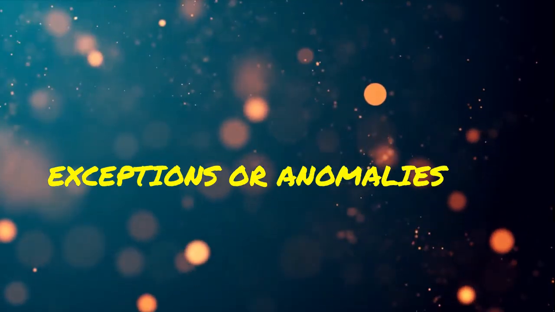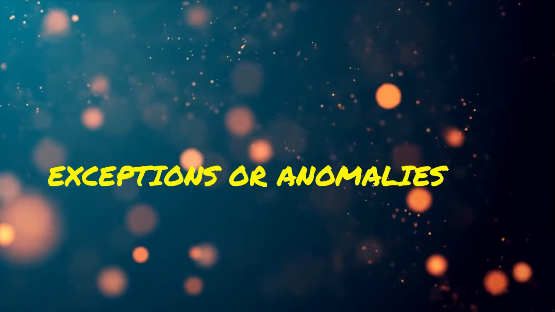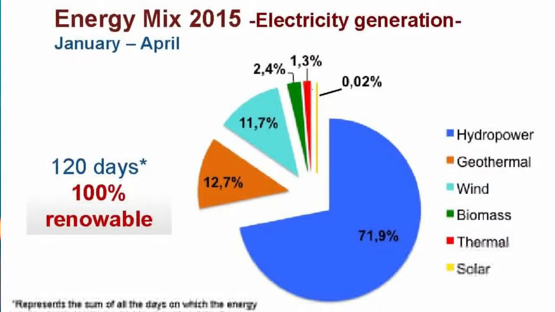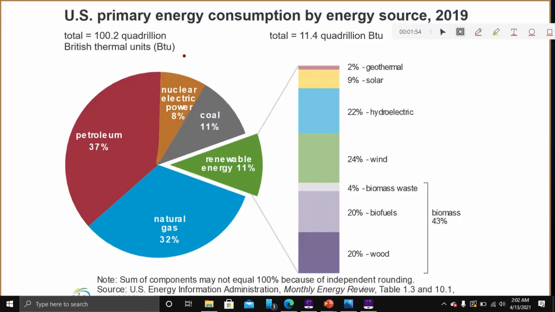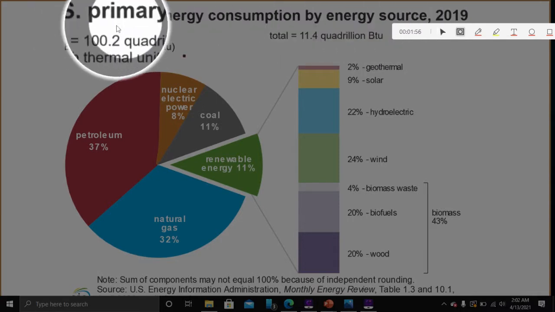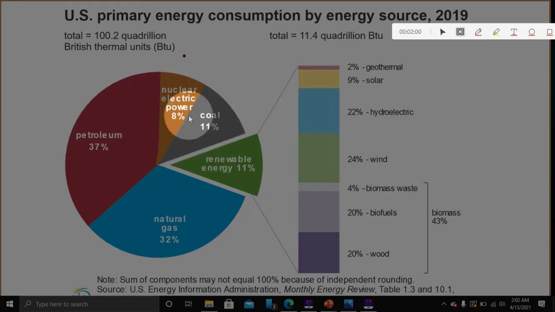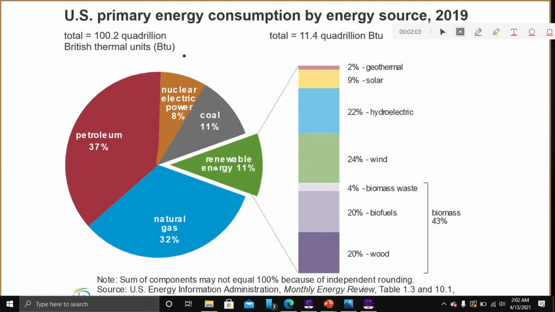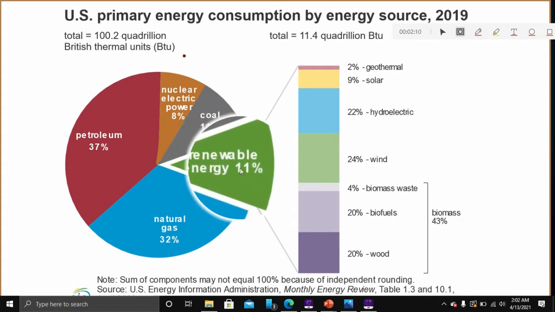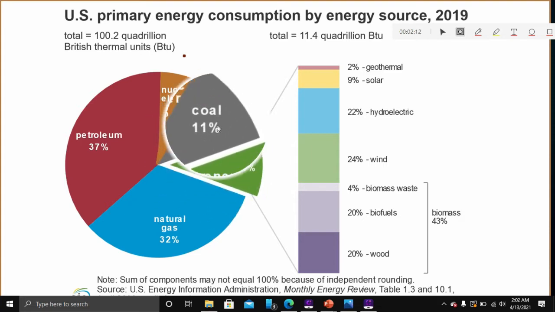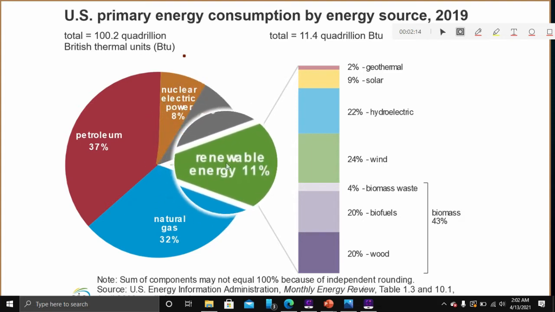We also need to understand that there are always some exceptions to the rule. For example, Costa Rica, which is an LEDC, gets the majority of its power from renewable sources, while some MEDCs, such as USA, get much of their energy from non-renewable sources. I want you to pause this video and take a look at the percentages of this power. However, I want to point out that only 11% of the total power produced and used in USA is renewable